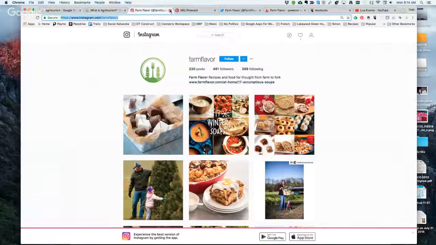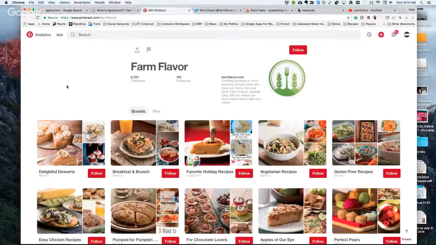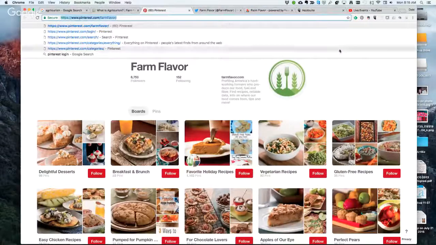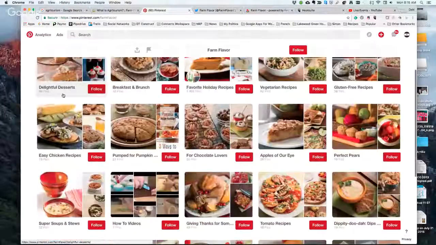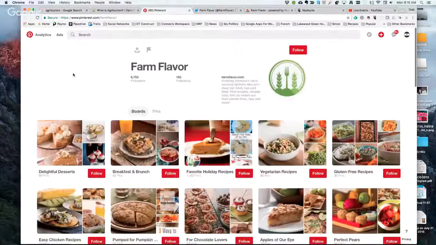All right, and then on Pinterest, oh, that's so nice. Farm Flavor. Now I'm currently logged in as DT Construct, so I'm going to have to go back later and save this in my Farm Food for You account, but that's easy enough to do. Look at how beautiful, oh my goodness. Lovely, that's lovely.